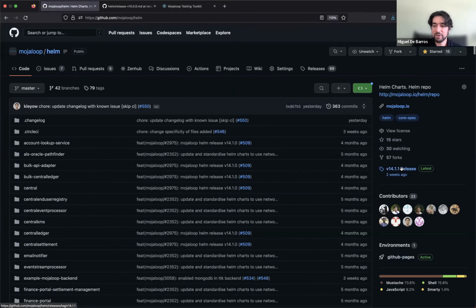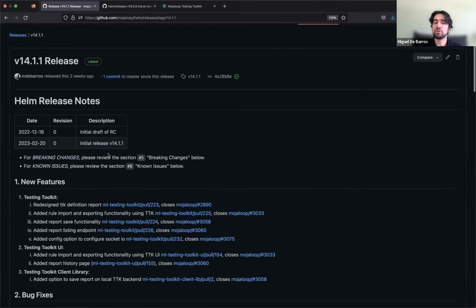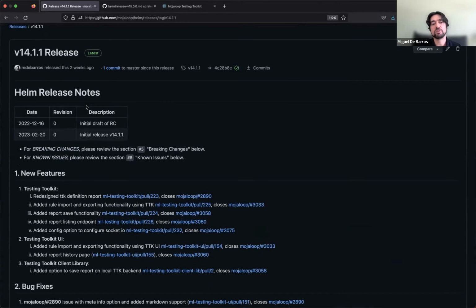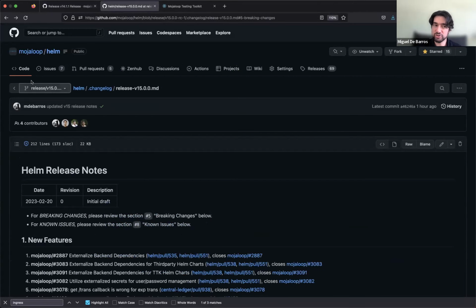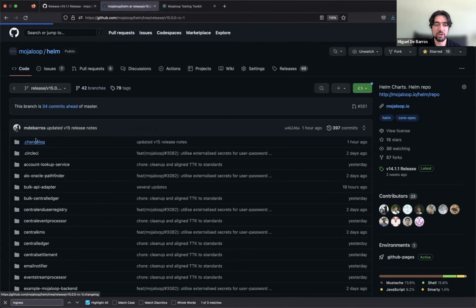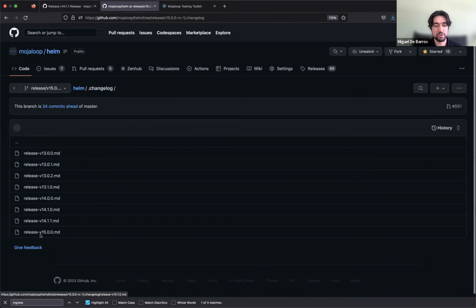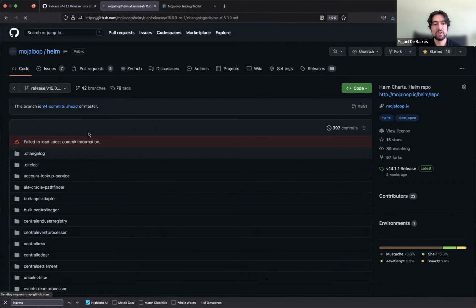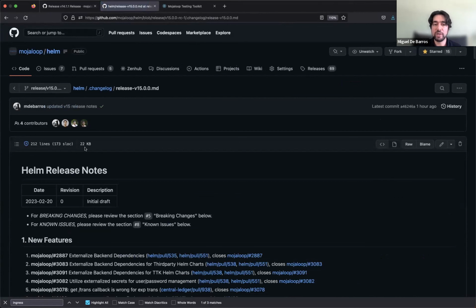So this is all our published versions, right? You can access them here. And I'll just go through what are the sections in the release notes, so you can have an idea of it. The only caveat is because of version 15, the release notes are currently in another branch, the branch that I gave you, and they're currently in a change log file at the moment. We capture all our release notes in an ongoing change log history here, for example, version 15. So that's the only caveat. Of course, this will be a release and it will be accessible the same way once it is released.